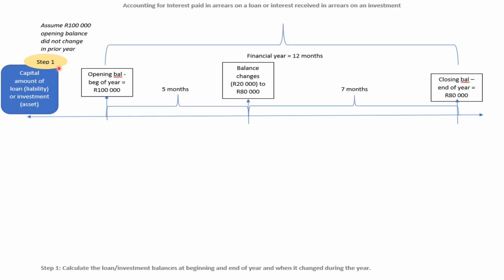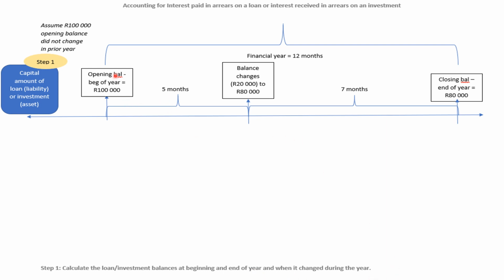So the first step is always to look at the capital amount of the loan or the capital amount of the investment. This is always step one. We want to know what is the amount of the loan or the asset at the beginning of the year, what is the amount of the loan or the asset at the end of the year, and what are the changes during the year. So this timeline is for 12 months, which is our financial year, and we're going to be doing step one, calculate the loan or investment balances at beginning and end of the year and when it